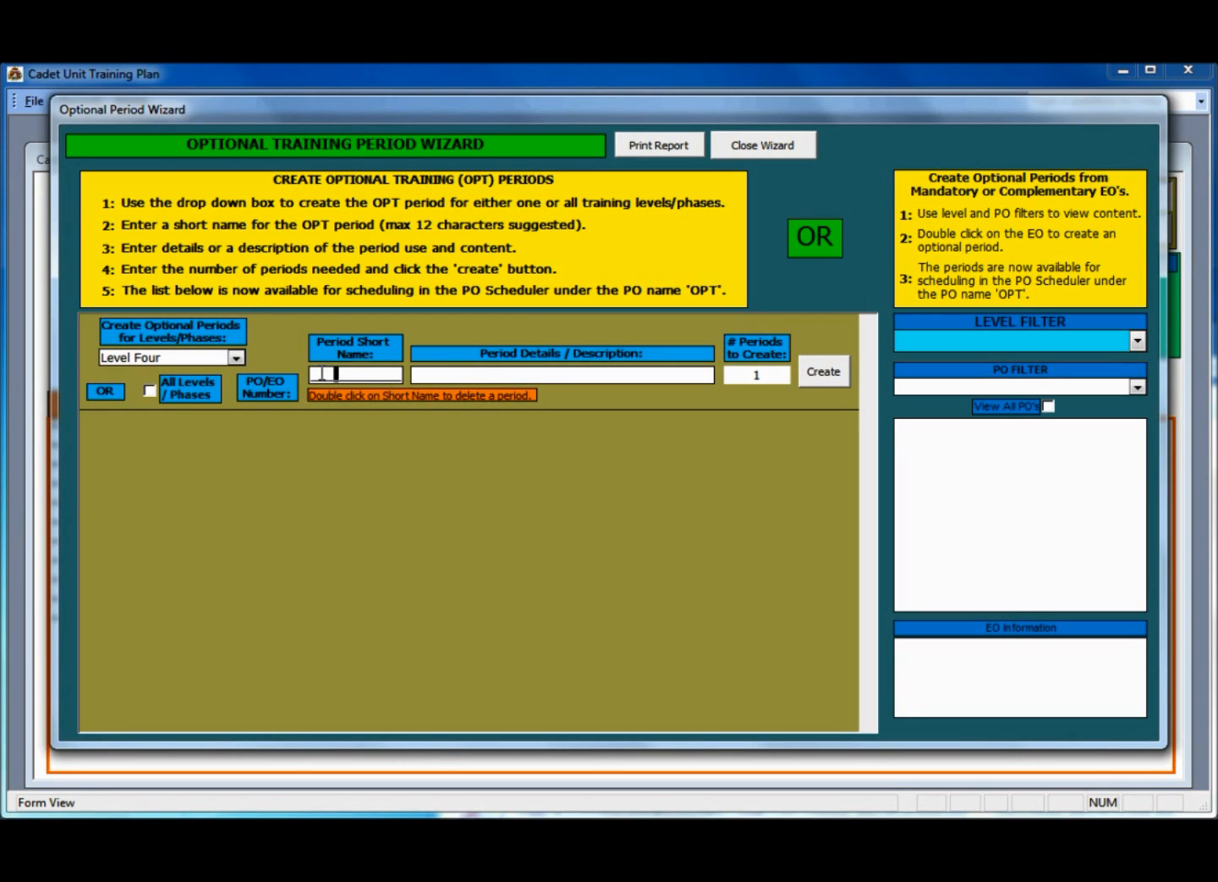You create a period short name. In this case, I'm going to create a training briefing period, and move on to the period details or detailed description. And if I want more than one period, I would just type over this with a different number. One period is all I need. It creates the period once I click on the button, and then this period is available in the PO scheduler